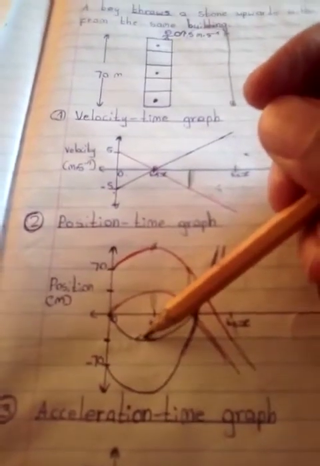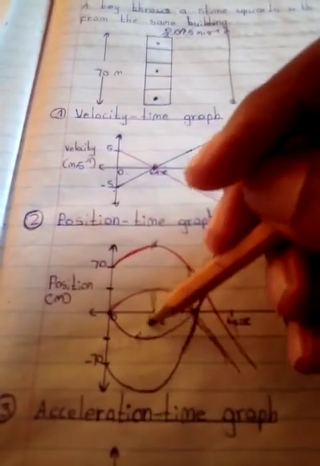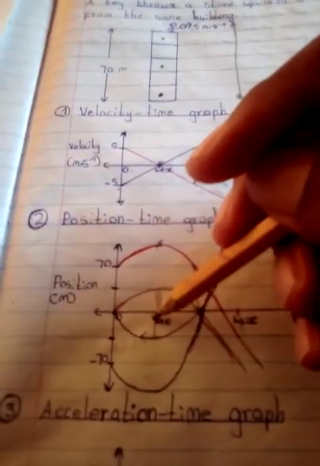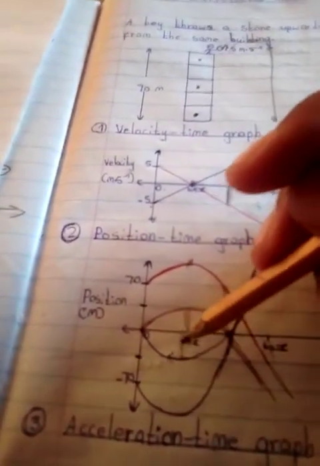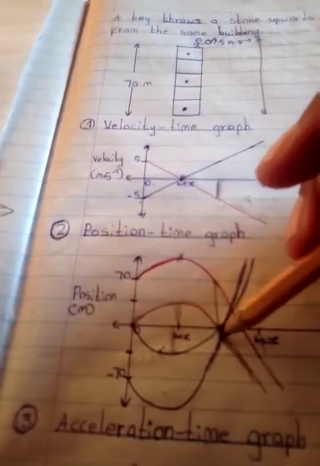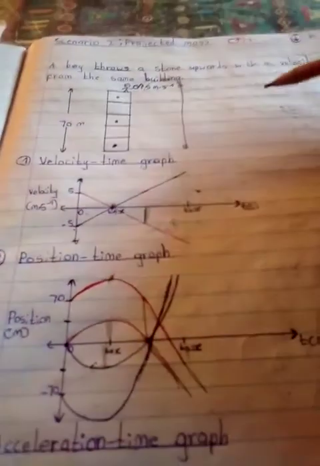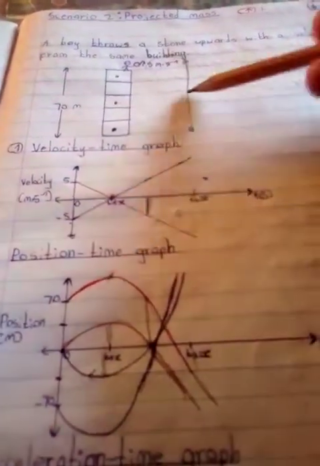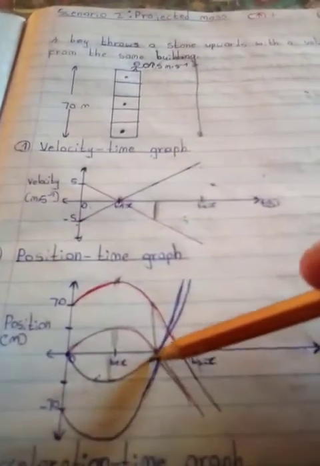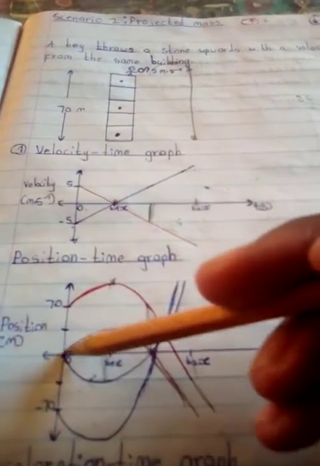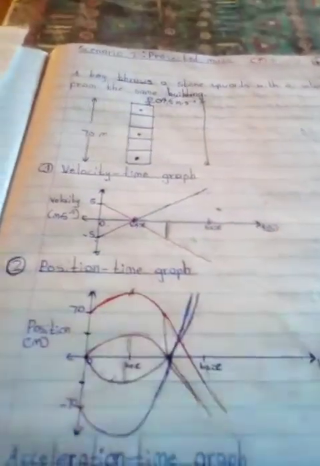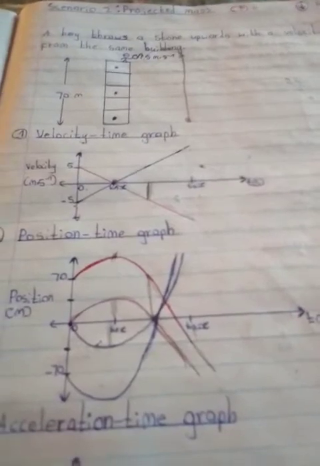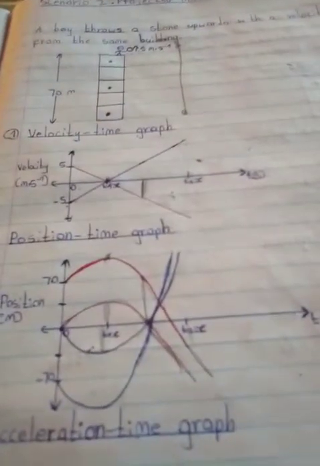This is the time it takes to reach the maximum height here. The stone will reach its maximum height here, and after that it will return to where it was thrown. And because you choose downwards as your positive direction, the stone here will start experiencing positive displacement. That's why you have your line extended to here. It will start experiencing positive displacement. And yeah, I think we are done with the